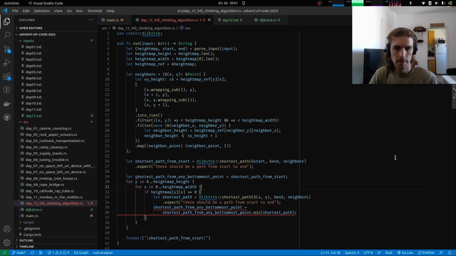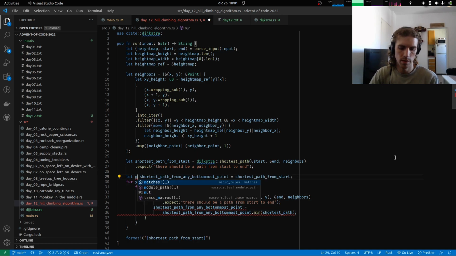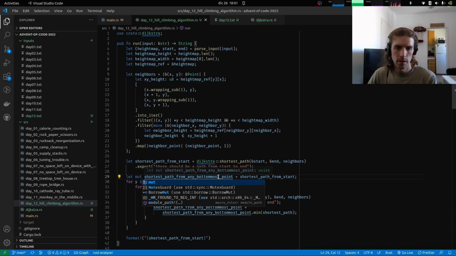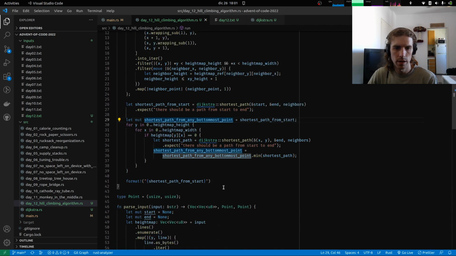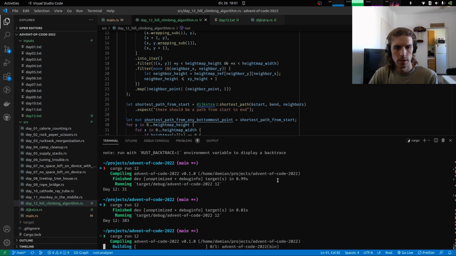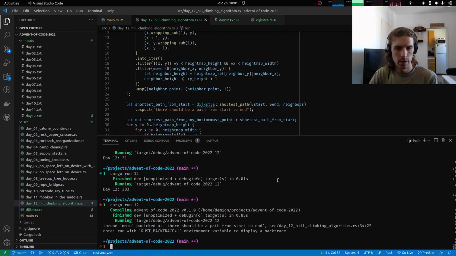Look at that beauty. And this can be mutable. It should be a usize, okay. And let's print this humongous variable name. Cargo run. Well,